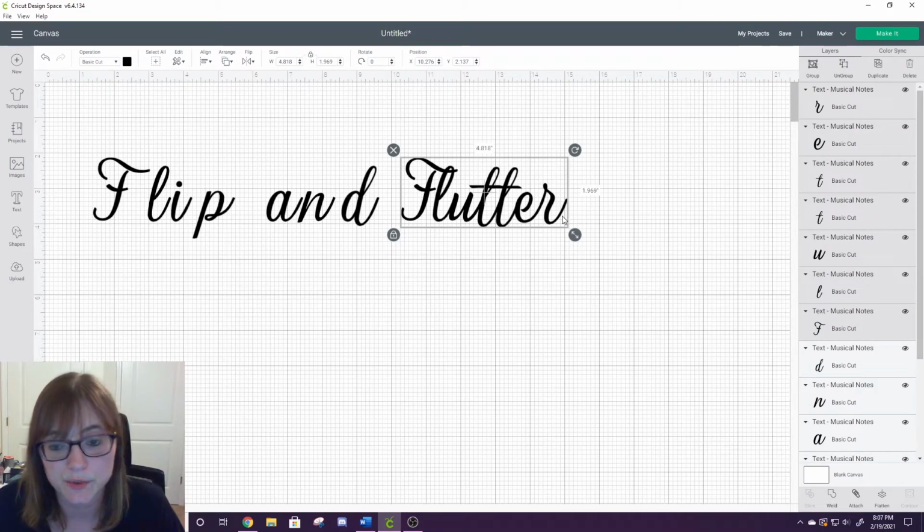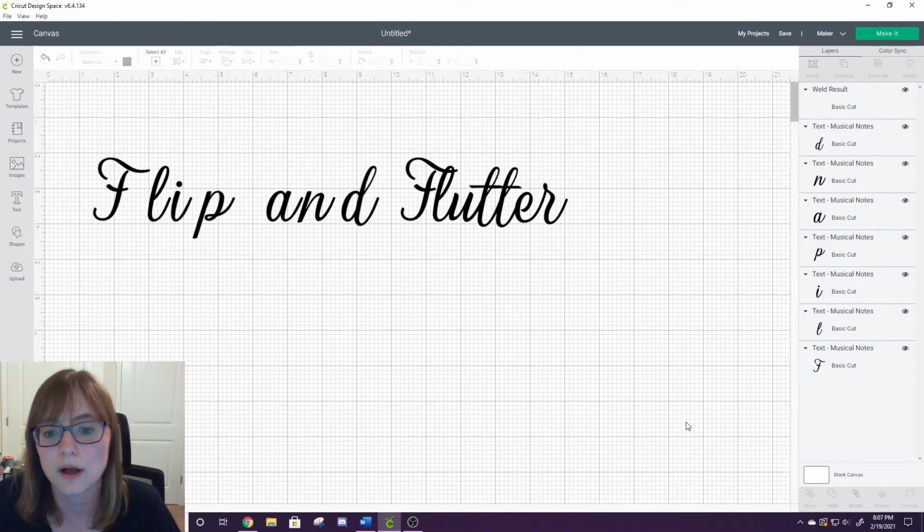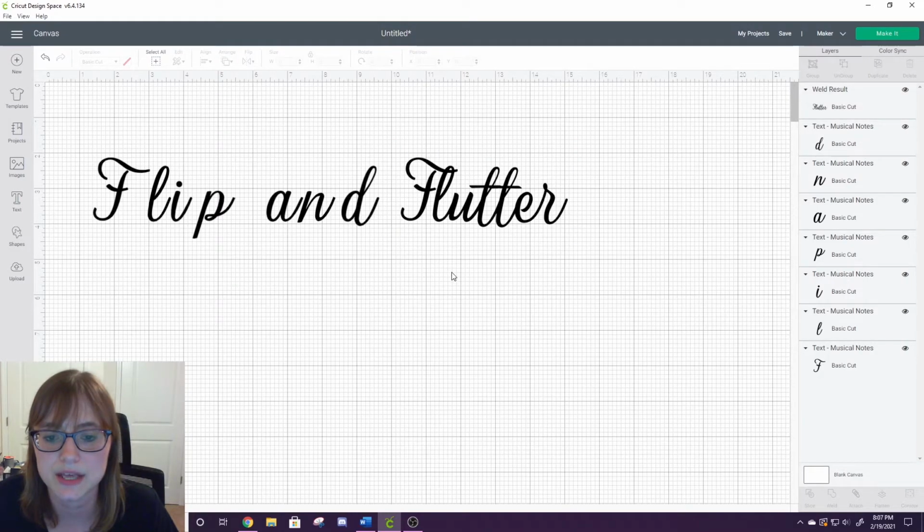So now we can go ahead and weld just the one word if you want. Sometimes I tend to just keep going until I have all of the words done, but we can go ahead and weld flutter. Yay, looks good. So now we have flutter. We're going to keep it the same distance here so that spacing stays, but now I'm going to select flutter and